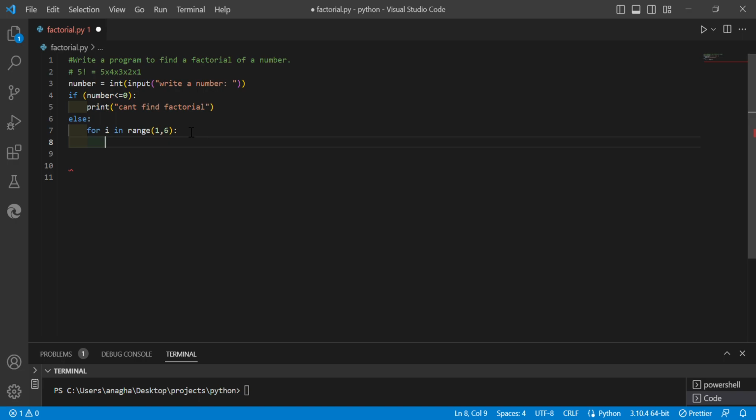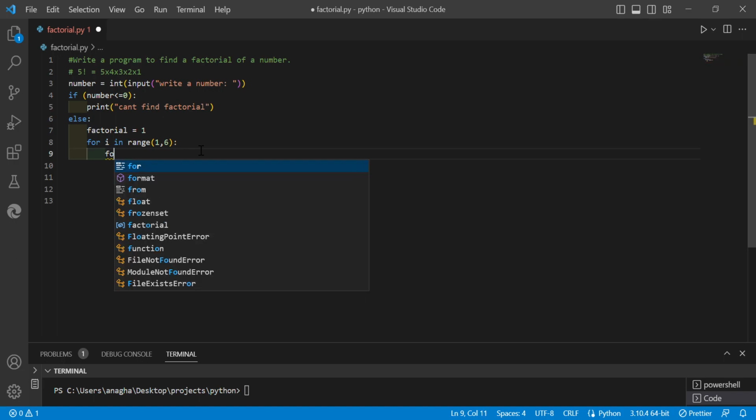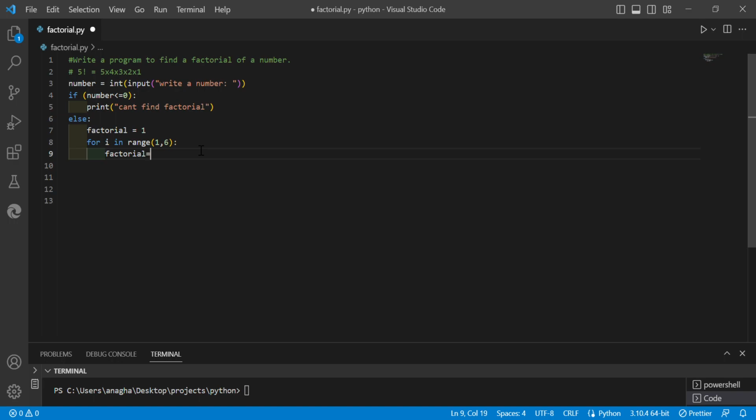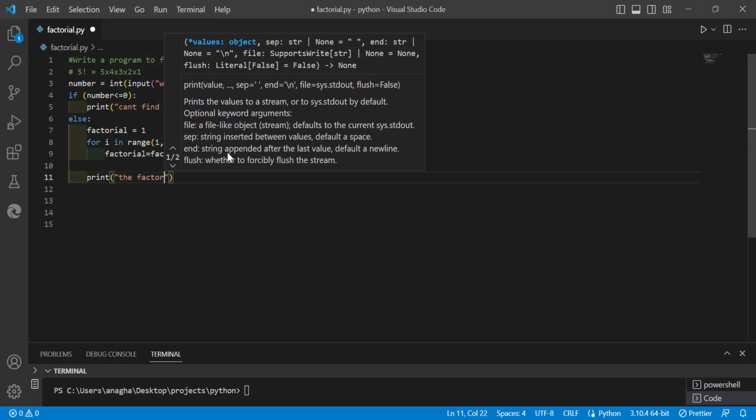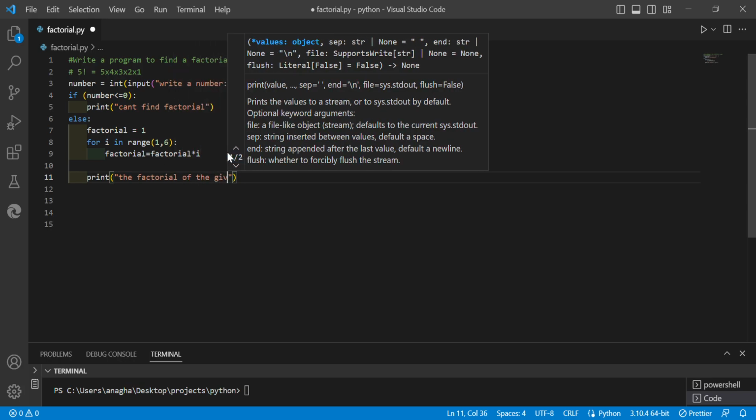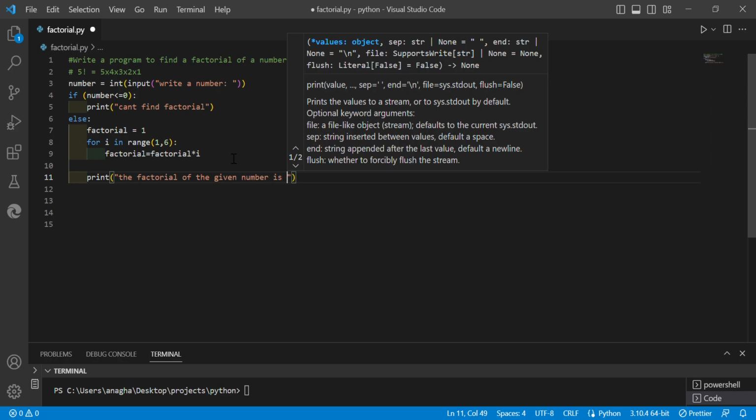So we'll have a variable called factorial, which is 1, and do not keep it as 0, because if we multiply anything with 0, obviously it will be 0, right? So we'll say factorial is equal to factorial into I, because you have to multiply it. And then after that we'll say print the factorial of the given number is,